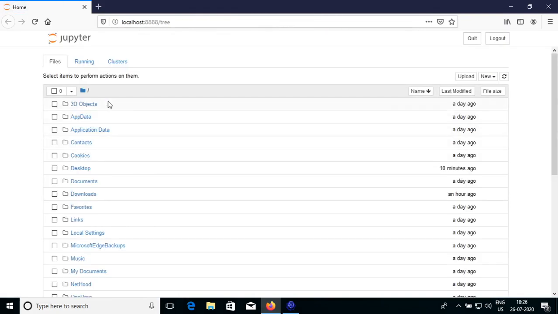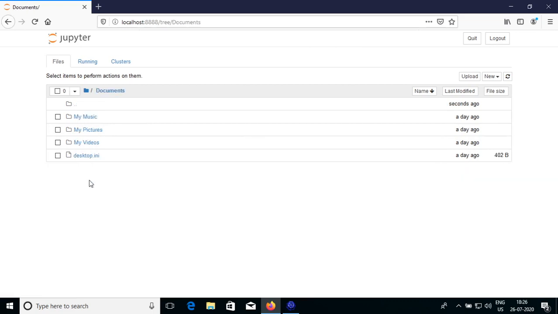So the notebook is now opened. Now if I want to create the SageMath notebooks in the documents folder, I need to go to the documents folder here. Otherwise the problem is that it will be creating all the SageMath notebook files in some other folder. So to avoid that, I am clicking on this documents here. And after that I am starting a new SageMath 9.0 document from here. This is a worksheet now, it's opening up.